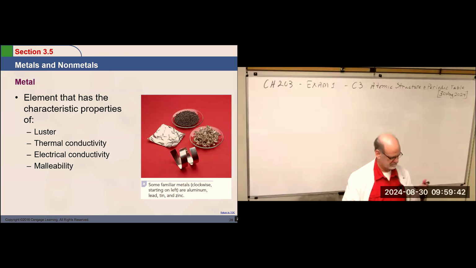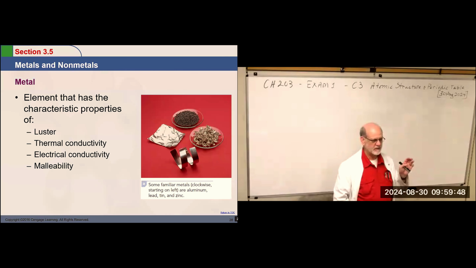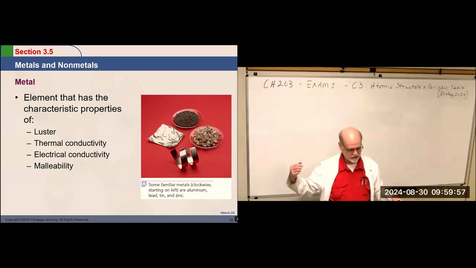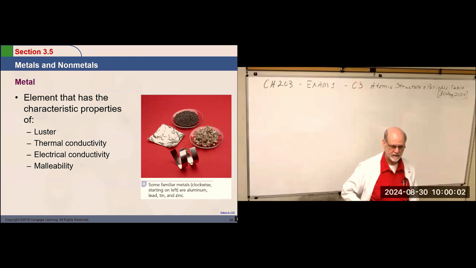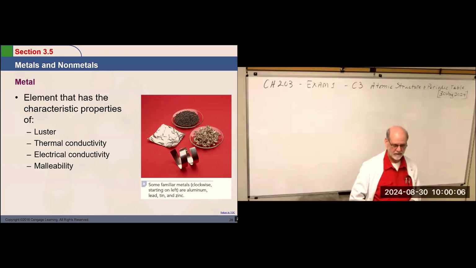Electrical conductivity, right? Metals like to give up electrons. They love to shed their electrons, some of them more than others. And those electrons are free to move. So if you make that pure metal into a wire, you can conduct electricity a great distance without losing much voltage. So the ideal conductor in most people's house is copper. Right? It has to be very pure, 99.999% copper in those wires. That's why people steal copper wire.